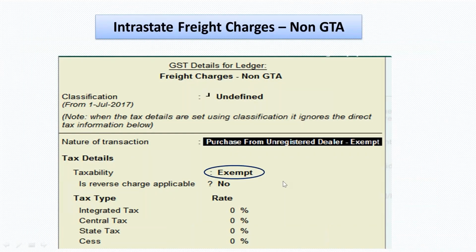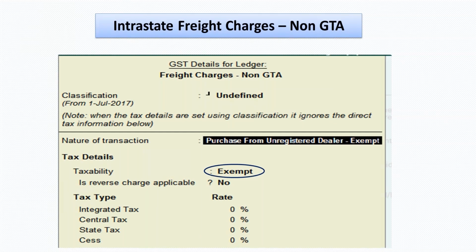So let's say the person who is providing the services is a non-GTA. The reverse charge is applicable only if the services are procured from a GTA. So let's say there is an owner-cum-driver kind of person who owns one truck or something, and we are procuring services from him. He doesn't issue the consignment note, so he is not a goods transport agent as per the definition given in notification 11/2017. That being the case, we'll have to treat it as an exempt supply, and we'll have to configure it this way. And since it is an exempt supply, there is no question of reverse charge applicability on the same.